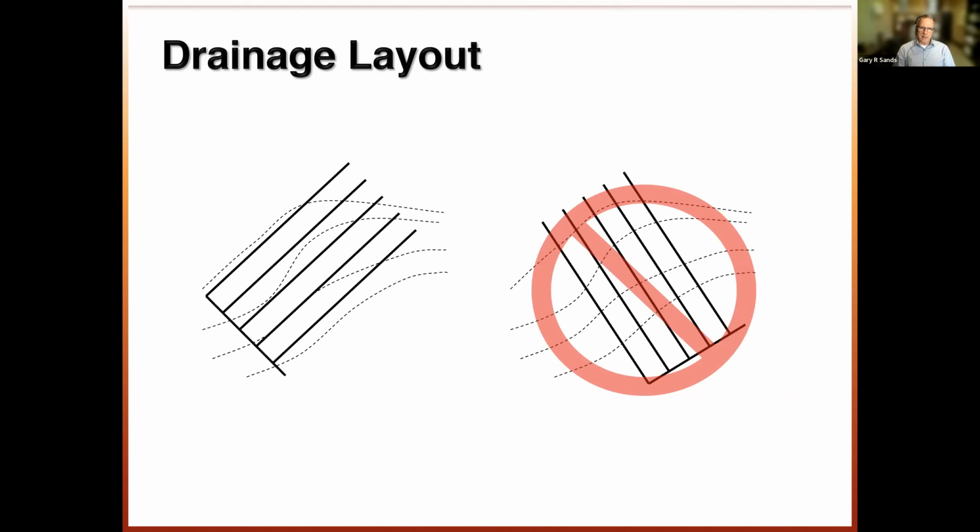Another rule of thumb that is going to factor in strongly to our discussion today is this idea that we're always going to be better suited in putting our laterals more on the contour rather than up and down the slope like we see here. But I will say that putting in tile this way, as I'm showing on the right, is easier to do. You can go out into a field and install tile on the fly without even evaluating the contours. You can do everything in the field. If you are putting tile up and down the slopes, you can maintain constant depth, again, to a point, not for extreme slopes,